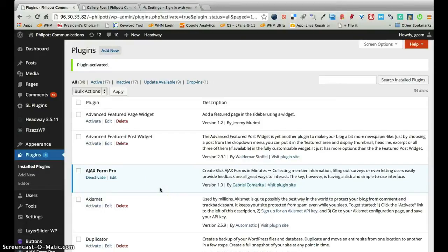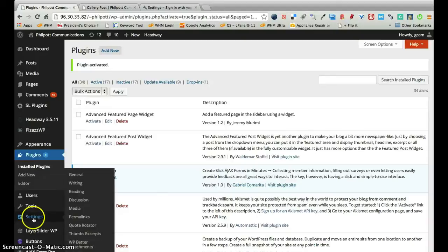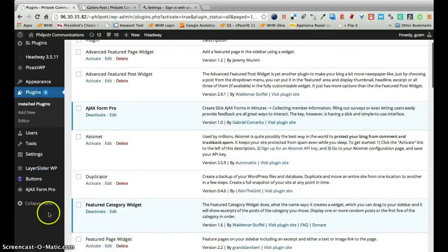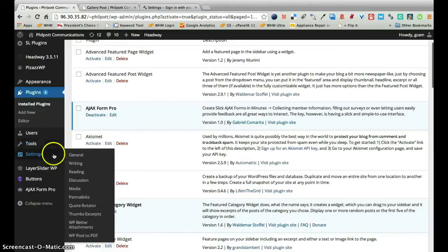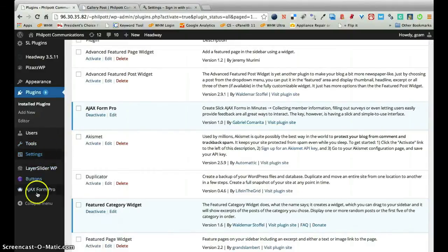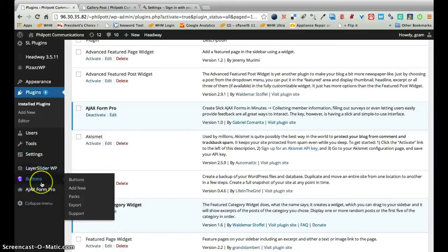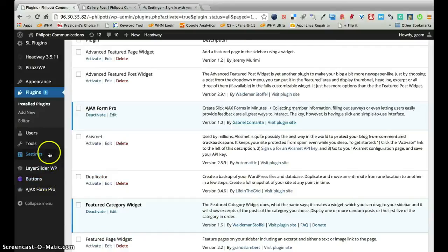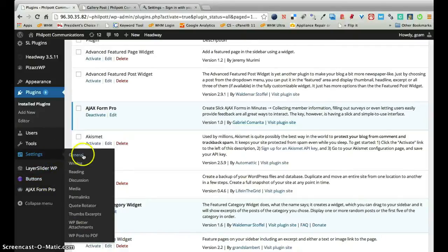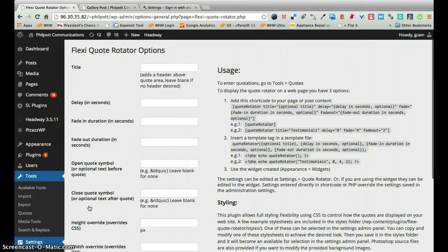So now is where we need to try and find out where we access the functionality of this plugin. Sometimes it'll appear right on the left side menu, as with my buttons plugin, for example. You can see it's got a menu item there on the left-hand navigation. But most often you'll find something under settings. So if we go under settings, we see it has added quote rotator. So I'll click on that,